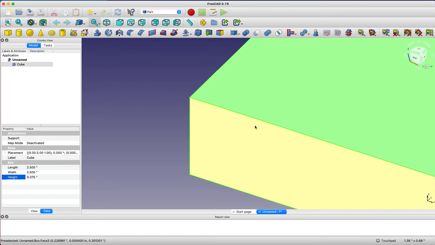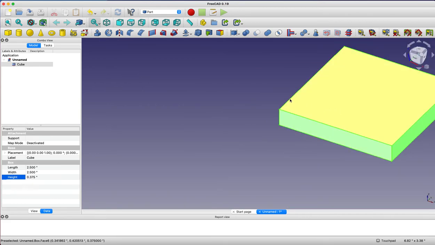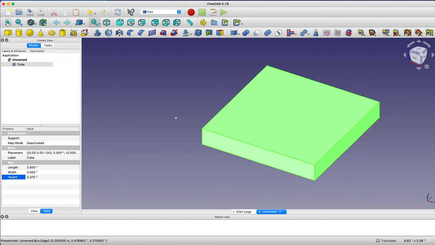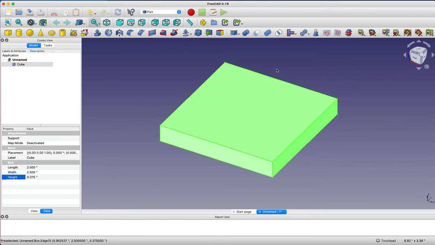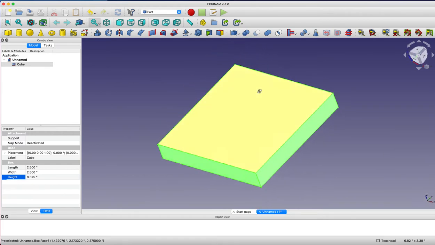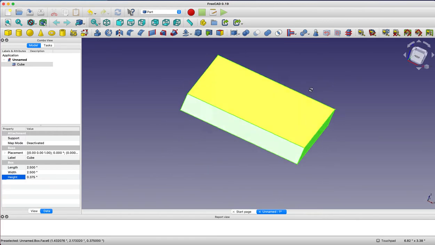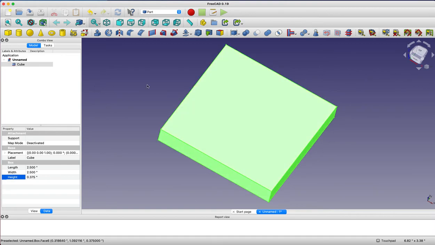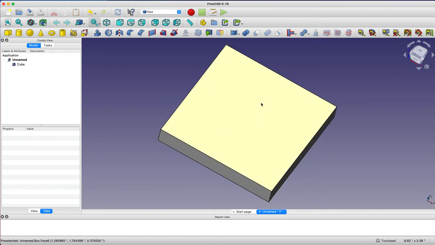I'm going to zoom out using my scroll wheel. And to move left and right, I'm holding down Shift and then just moving my mouse, not clicking. And to rotate, I hold down the Option button and then just move my mouse, again, no clicking. Okay, so we have a basic plate, and then often we want to put in holes for maybe